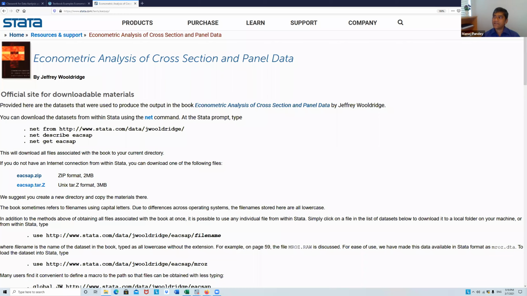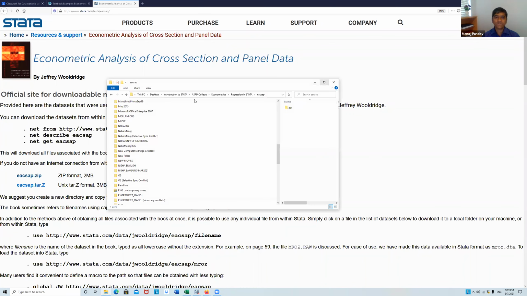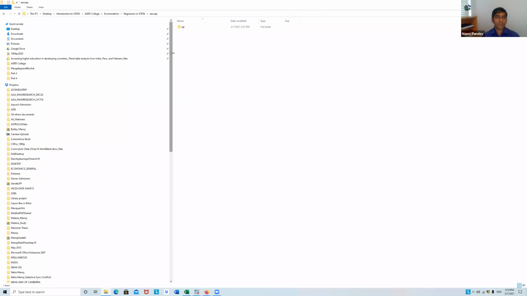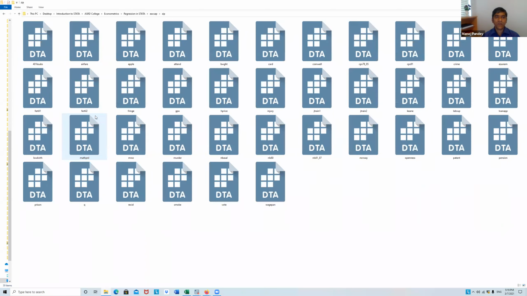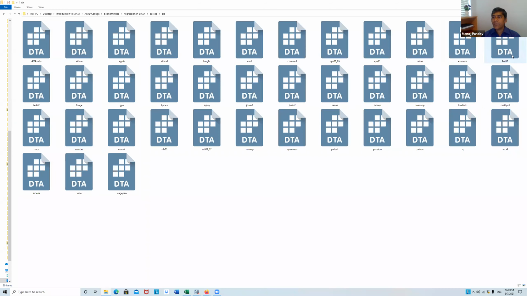So your data will look like this. If you open it, all this data is there. It is a different data set. For my example, I will use this crime data. Those of you in economics know that there is economics of crime, because nothing happens without economics. You can have economics of marriage, economics of crime, economics of everything you can think of, even economics of the corona vaccine.